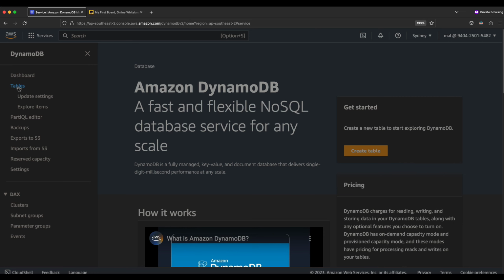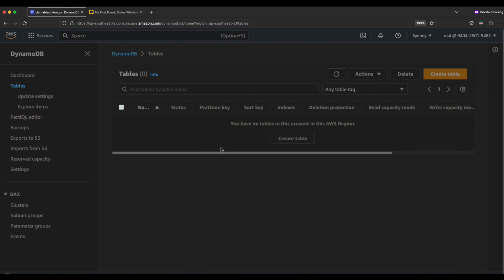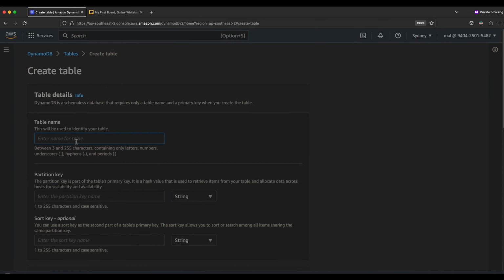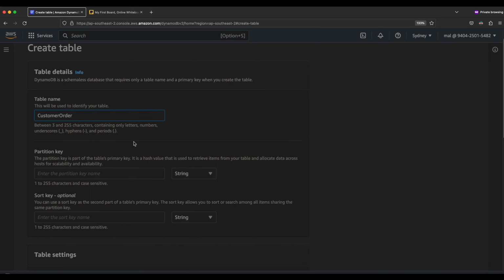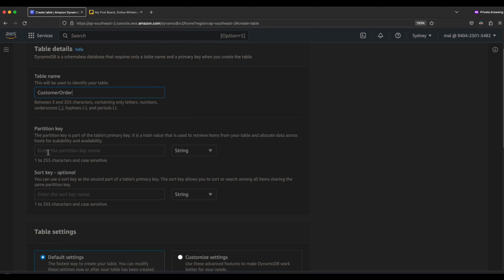Let's go to the tables, and we don't have any table. Let's create a new table. Give it a name. I give customer order as the table name, and the partition key, of course, we need to give a partition key. The sort key is optional, the partition key is a must. It's required. Give it customer ID,